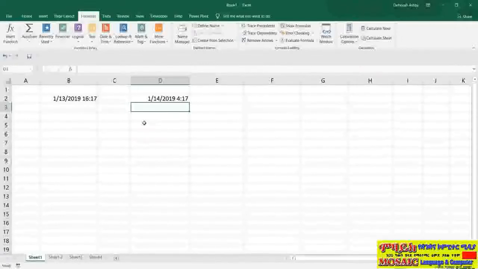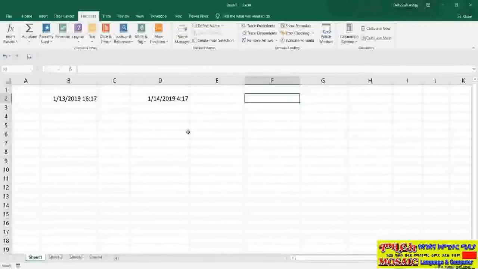because it's dynamic. Now suppose I wanted to add a much more unusual amount. So for example, say 3 hours and 23 minutes. Well, ideally, what you want to do is add 3 hours and 23 minutes to the date and time in B2. So let's type in equals